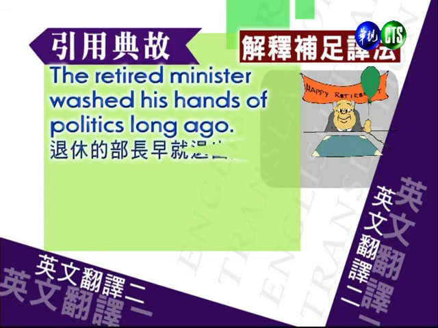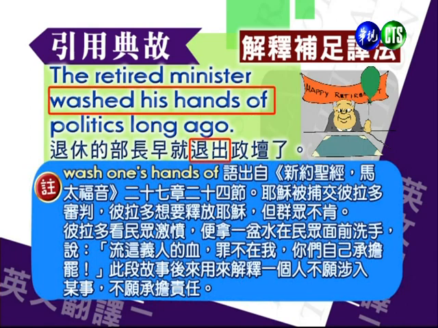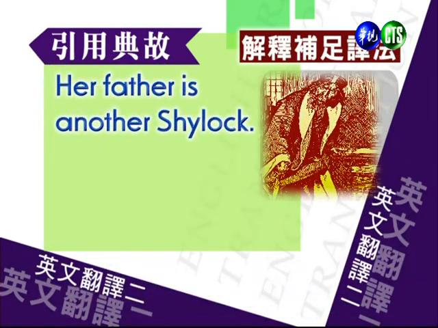我们看下一句。The retired minister washed his hands of politics long ago. 退休的部长早就退出政坛了。我们要注释一下什么叫 wash one's hands of。这句话语出自新约圣经的马太福音27章24节。耶稣被捕，然后交给比拉多审判。比拉多想要释放耶稣，但群众不肯。比拉多看民众激愤，便拿一盆水在民众面前洗手，说：“流这一人的血，罪不在我，你们自己承担吧。”这段故事后来用来形容一个人不愿涉入某事，不愿承担责任。好，我们把这个背景做一个说明。